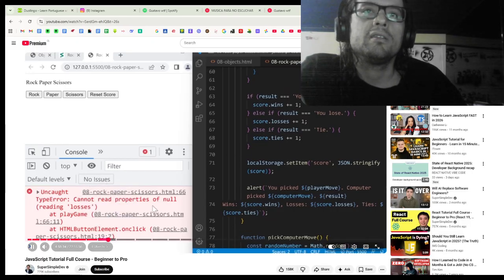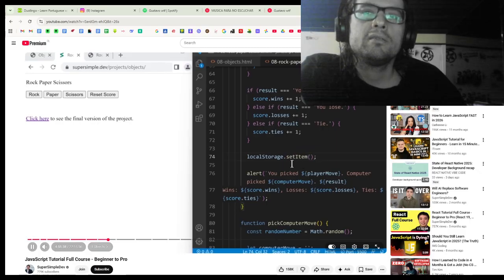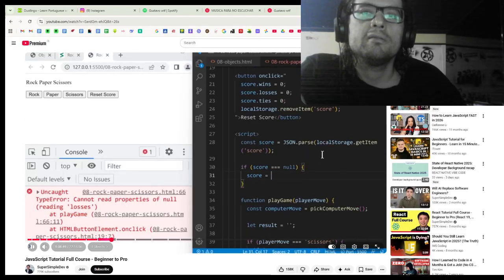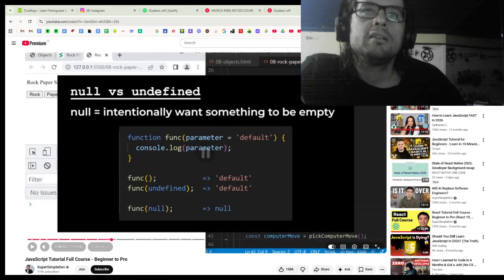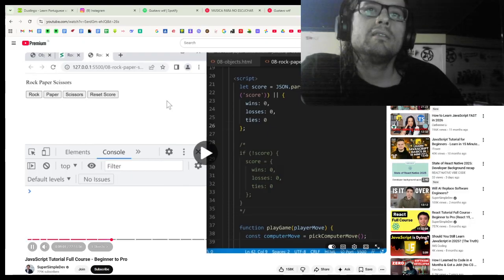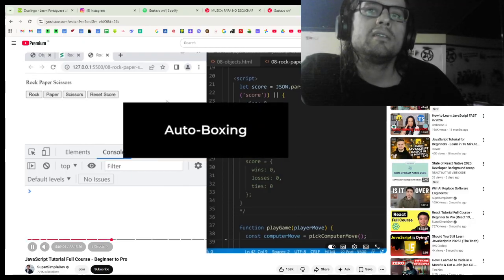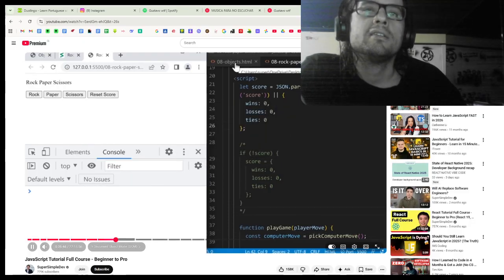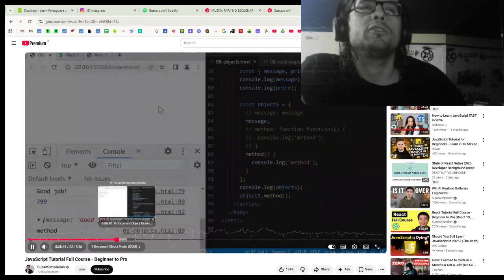Brackets, because this is a method or a function saved inside the object, equal to null. So null means we intentionally want something to be empty. In most cases, though, null and undefined work the same way. Okay. So the next detail about objects we're going to learn is called auto-boxing. Let's go back to objects.html. In this lesson, we're going to learn